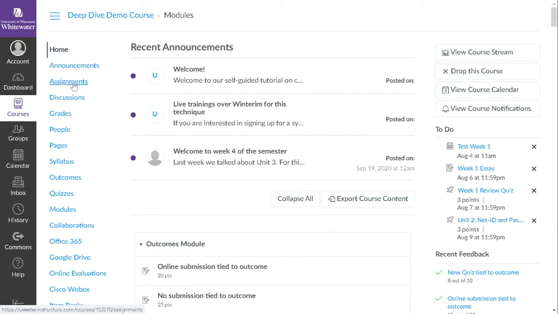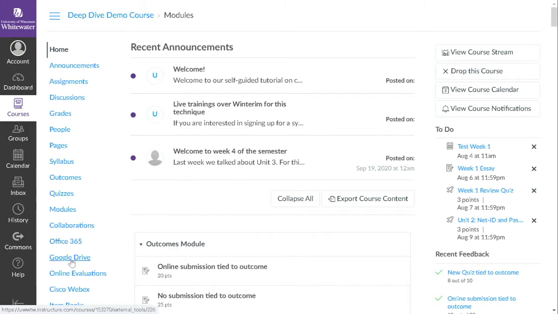Here you're able to view assignments, discussions, grades, quizzes, collaborations, which allows multiple users to work on the same document at the same time. I've noticed instructors use this feature for project or final signups. Office 365, this is integrated with applications such as Word or PowerPoint. It serves as an online filing system that allows the user to access and edit their documents. To log in, use the same login you use to access Canvas.